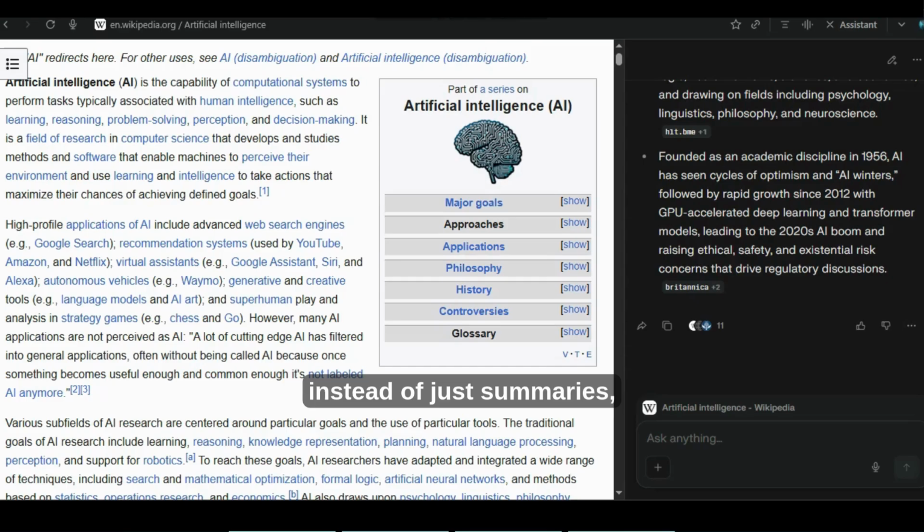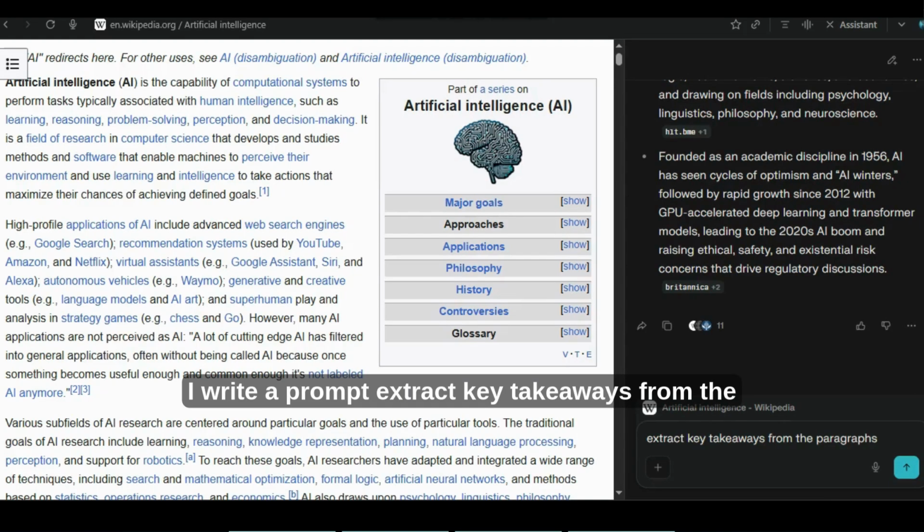Instead of just summaries, sometimes you need key points, like "extract key takeaways from this article," or "what are the main ideas discussed here," or "give action points from this content."